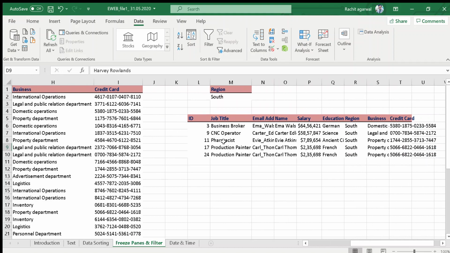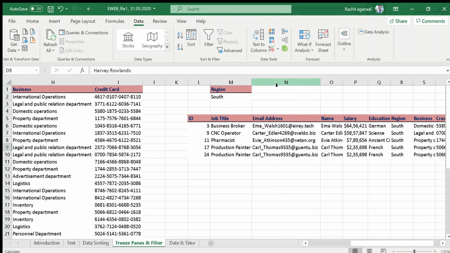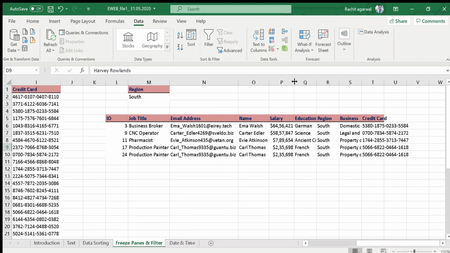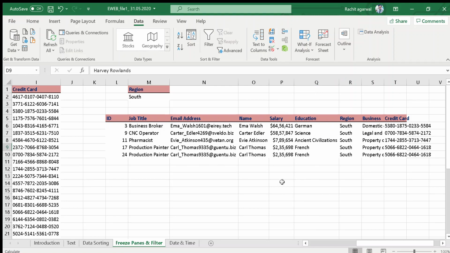Here you have got the data. Our region was South, so you can see all the employees who are working in the South region have been pasted here. Now if you want to convert the data as per your requirement, you can increase the column width. So by using this advanced filter you can fetch the data from your existing table and paste it to another location.